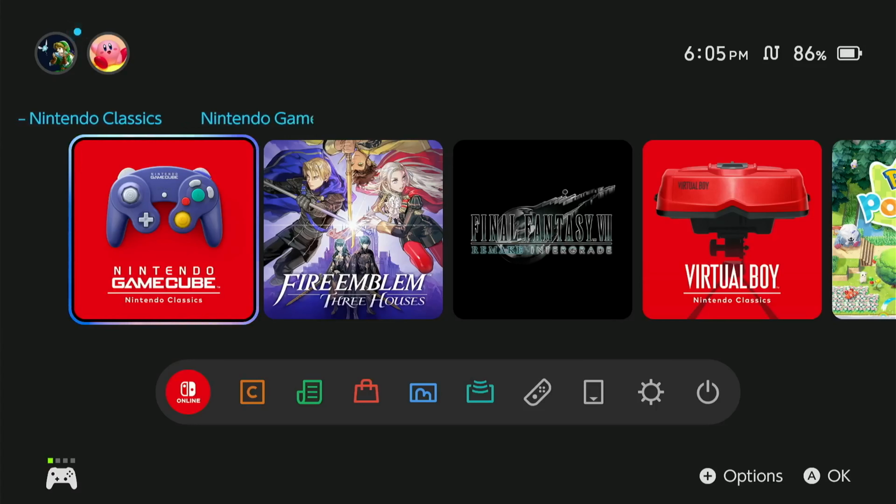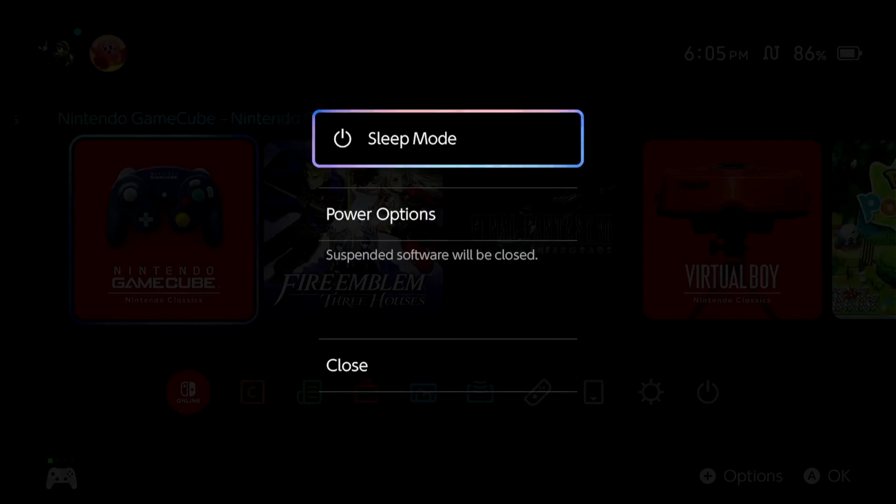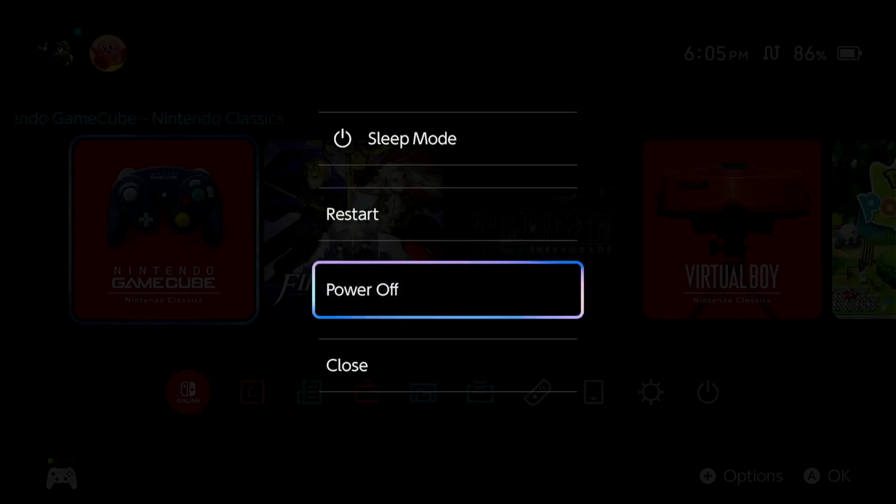This error can appear when you're trying to download a game from Nintendo eShop. Nintendo's recommended fix is to restore the console settings while keeping your user data. To do this, you first have to power off your Switch 2 completely. You can do this by holding the power button for about 3 seconds, selecting power options, and then selecting power